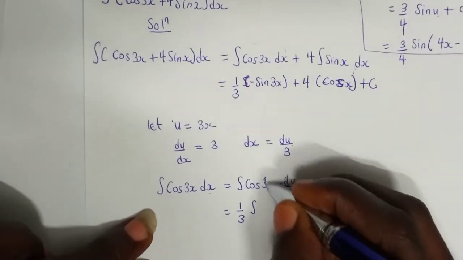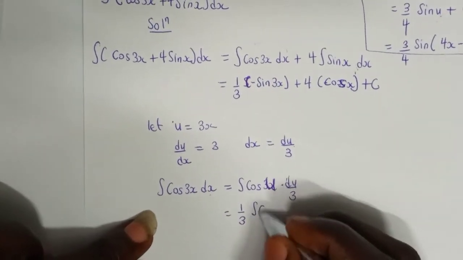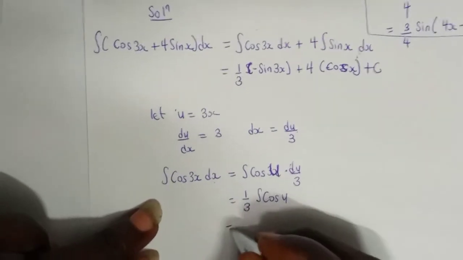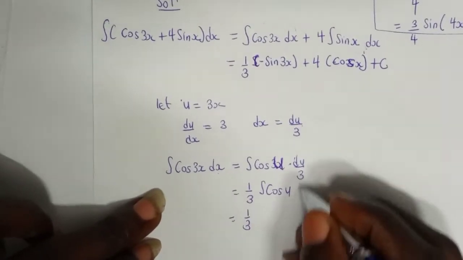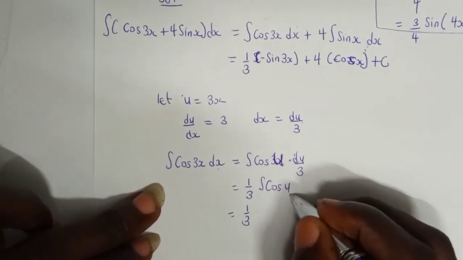So here we are going to get u in cos u. So 1 out of 3 integral of cos u, you are going to get sine u,